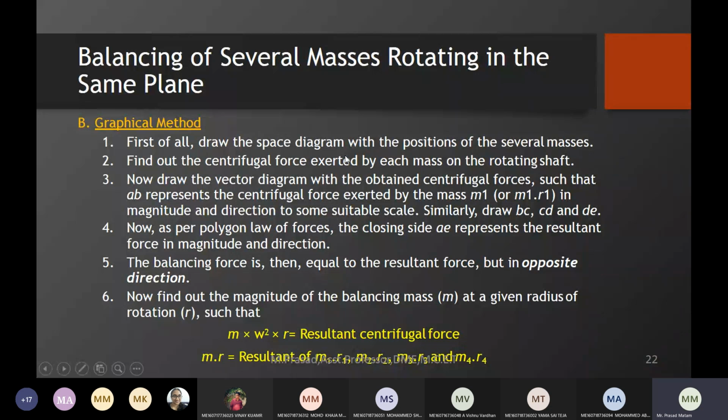First of all, draw the space diagram with the position of several masses. This is step 1. Second step is to find out the centrifugal force exerted by each mass on the rotating shaft. Next, third step is to draw the vector diagram with the obtained centrifugal forces. Let me keep the laser pointer. Draw the vector diagram with the obtained centrifugal forces such that AB represents the